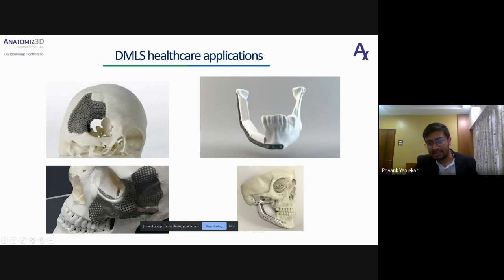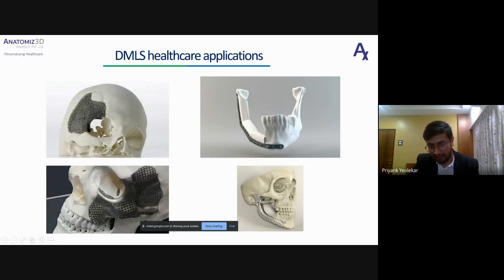But inside, the part which actually touches the bone, the condyle area of the patient, is designed with a lattice so that it can facilitate the osteointegration there.